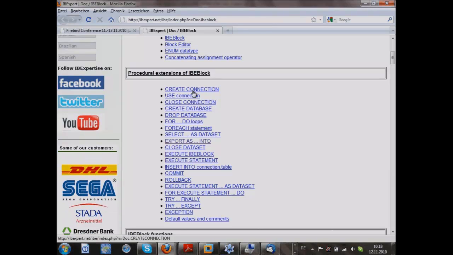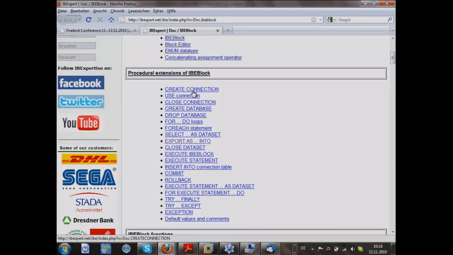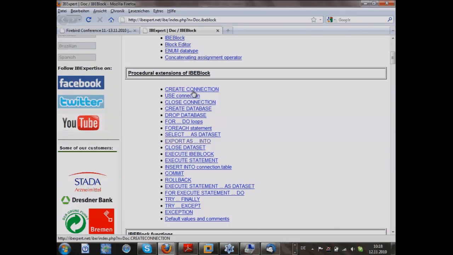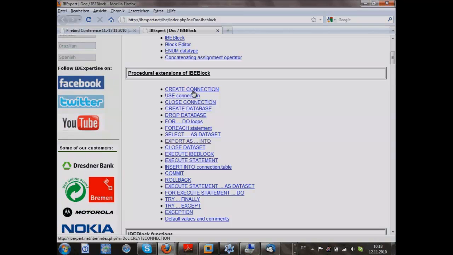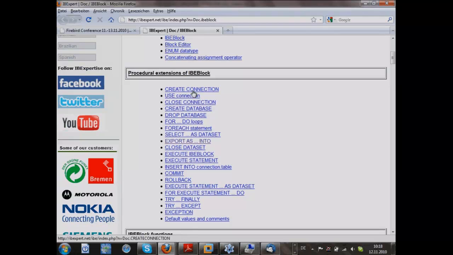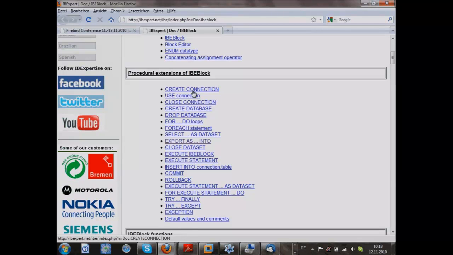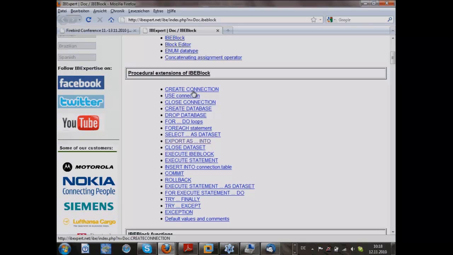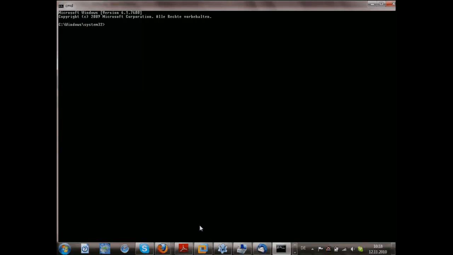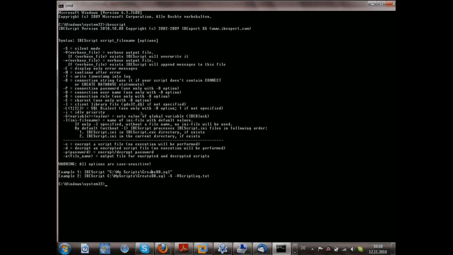You can also use an insert into, select from, and for from an IBE block. So command line means simply in that case, write it to a text file, batch file or whatever, SQL file locally, and simply start it with a tool which is called IBEscript.